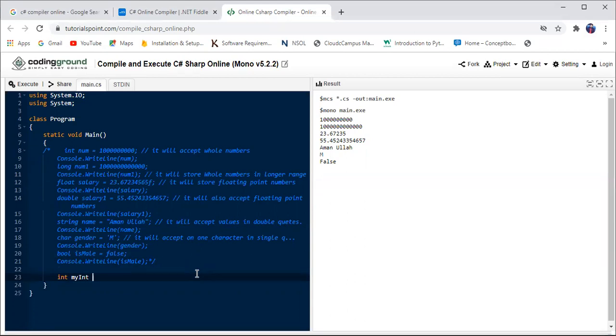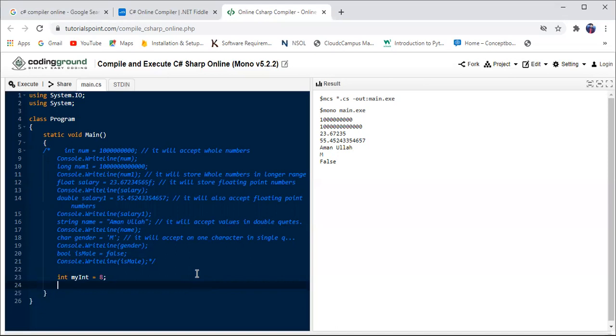You can name it anything. myInt is equal to, for example, 8. Typecasting means converting one data type to another data type. And this is implicit typecasting, from a lower data type to a greater data type. Integer is a lower data type and we want to convert it to double, which is a greater data type. We already discussed it in the previous lecture.